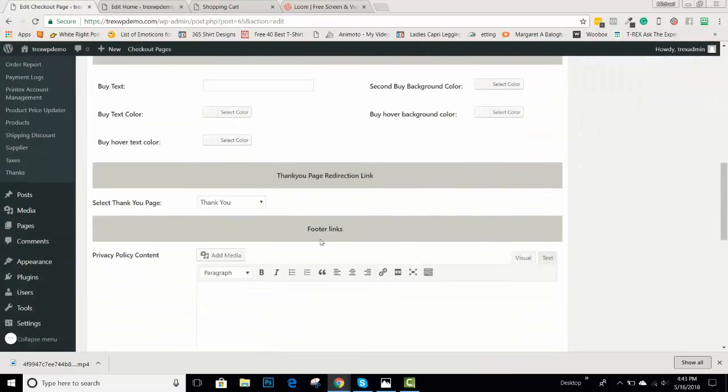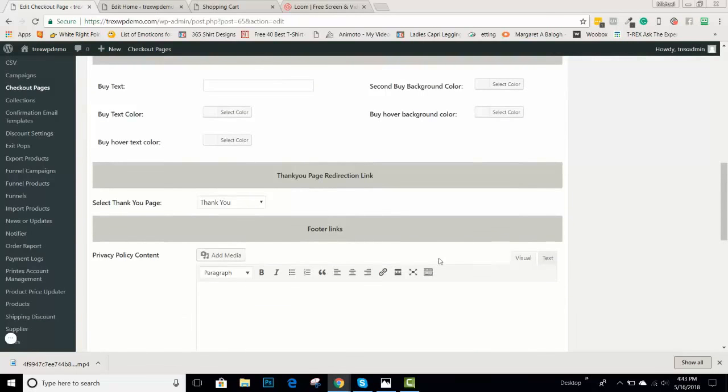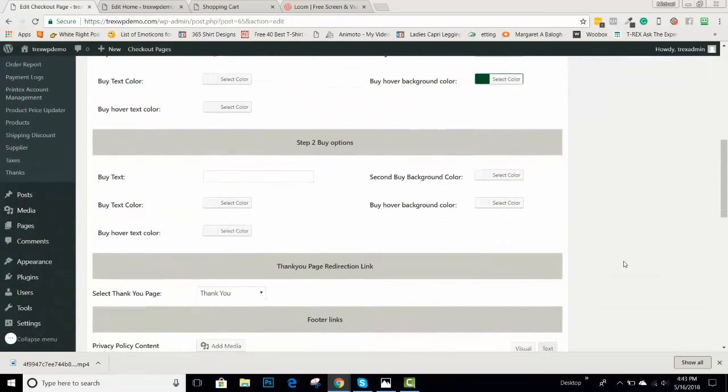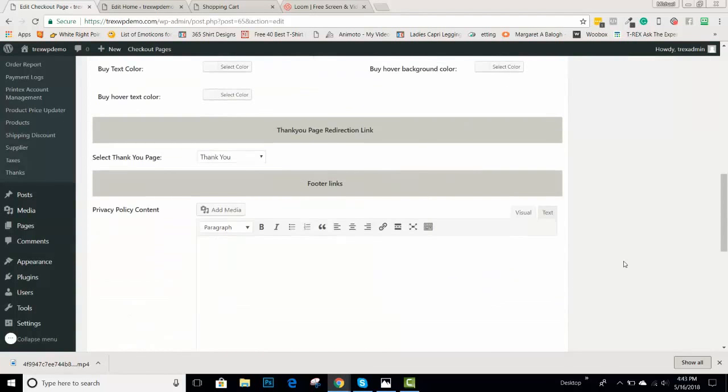Okay. So again, just to recap, you have the options of creating a step 1 and a step 2 checkout. You can set those up globally in your business settings, or you can set them up if you want to change it up. You can set them up on your campaign settings if you want to change it, and that will